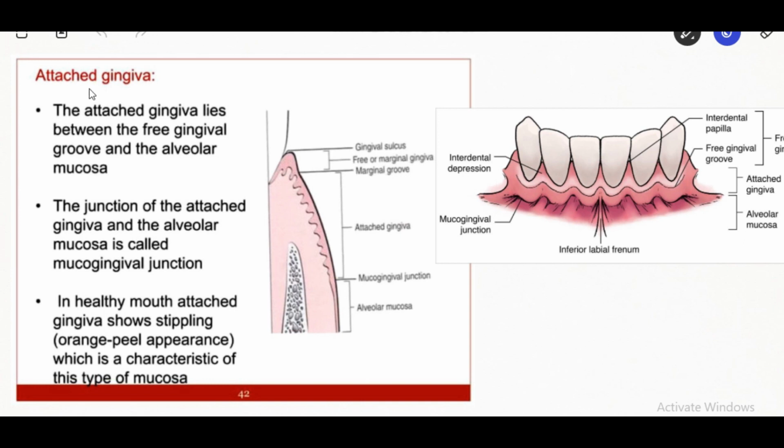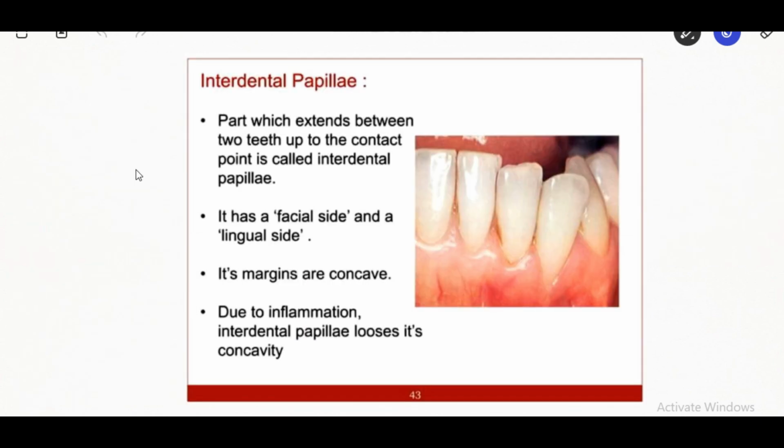The attached gingiva lies between the free gingival groove and the alveolar mucosa. The junction of attached gingiva and the alveolar mucosa is known as the mucogingival junction. In the healthy mouth, the attached gingiva will show stippling, that is orange peel appearance, that is characteristic of this type of mucosa. The interdental papilla extends between two teeth up to the contact point